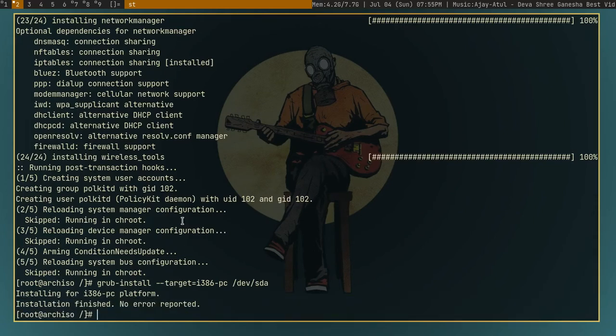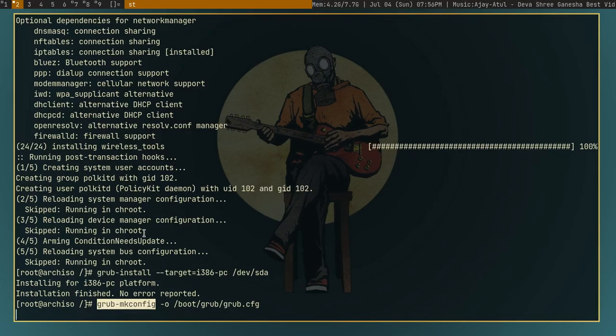No error report. Our next step is to create a configuration file. You can do that by typing grub-mkconfig -o /boot/grub/grub.cfg. Okay, hit enter.